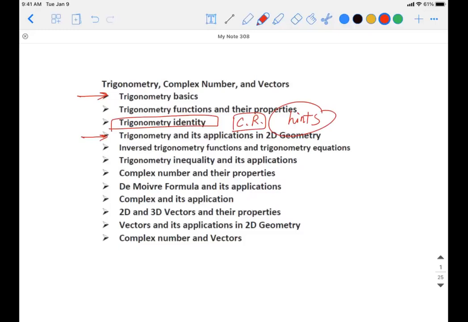Moving forward, we're going to talk about trigonometry and its application in 2D geometry. As we mentioned in our previous lectures, for 2D geometry you can either do it the regular way, using similarity and congruency to solve the problem, or you can use the pure algebra way, aka coordinate geometry. That's pretty much what we talked about in previous lectures. Today we're going to introduce the third way: you can use trigonometry to help you solve some weird 2D geometry problems.